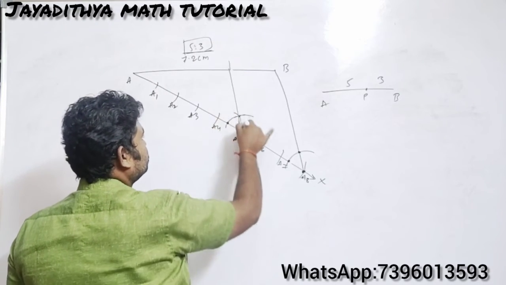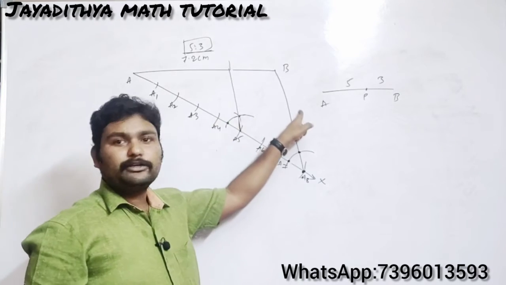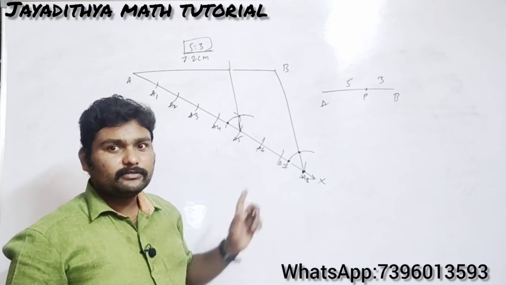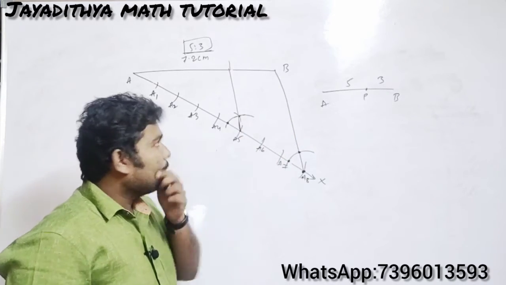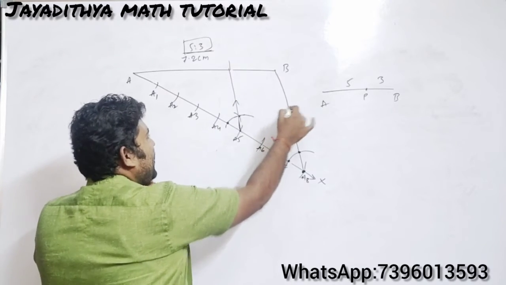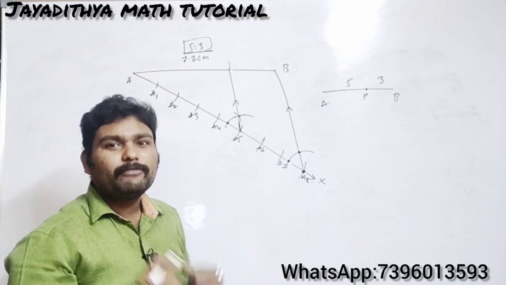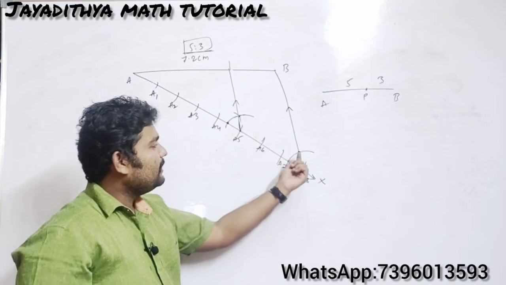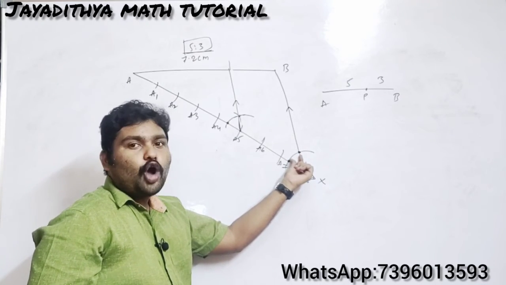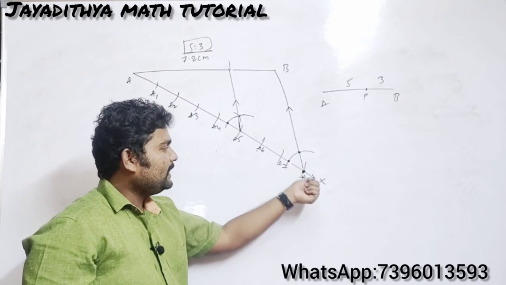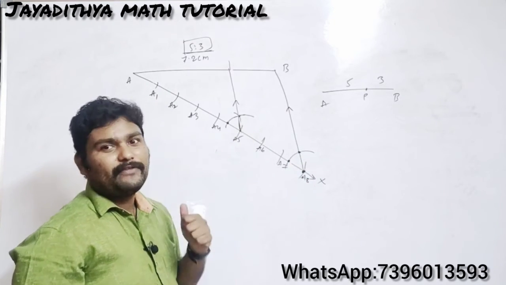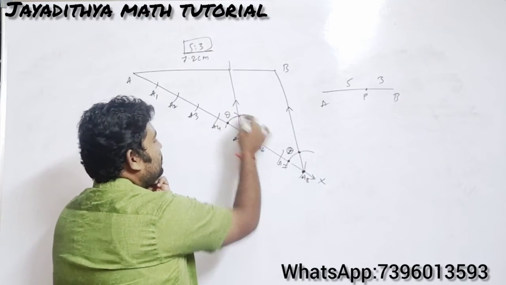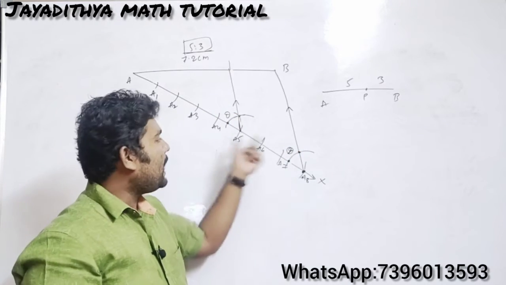See here, this line must be parallel to this one, that is BA8. So these two lines will be parallel. How will they be parallel? You should know the reason also. See here, I have copied the angle at A8 and drawn it at A5. Now these two angles will be equal. If this is theta, this also will be theta.